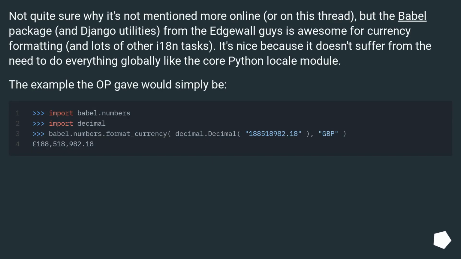Not quite sure why it's not mentioned more online, or on this thread, but the Babel package, and Django utilities, from the Edgewall guys is awesome for currency formatting, and lots of other internationalization tasks. It's nice because it doesn't suffer from the need to do everything globally like the core Python locale module. The example the op gave would simply be,